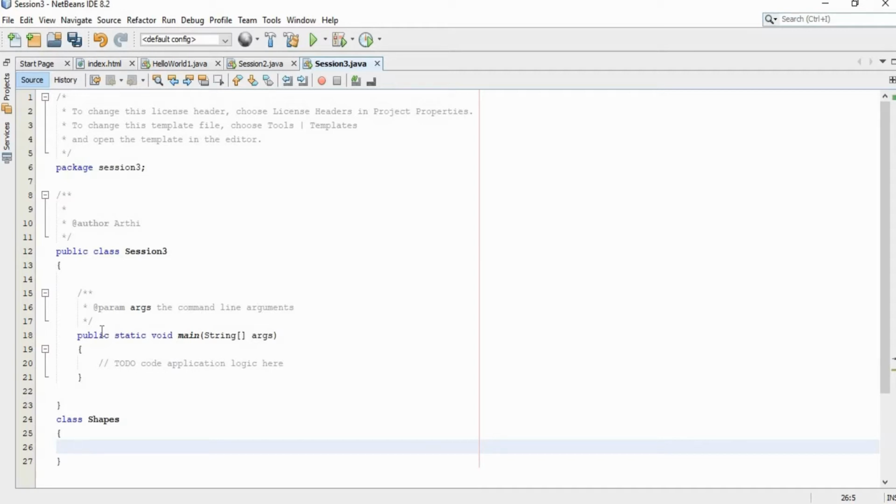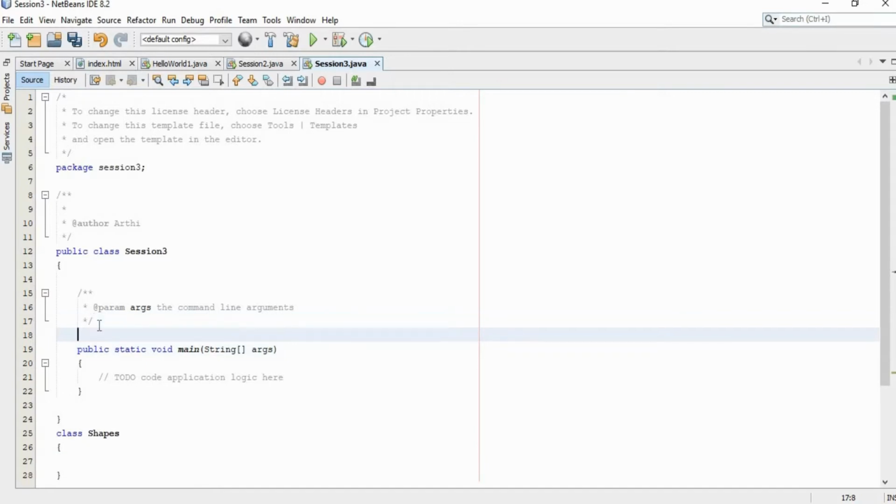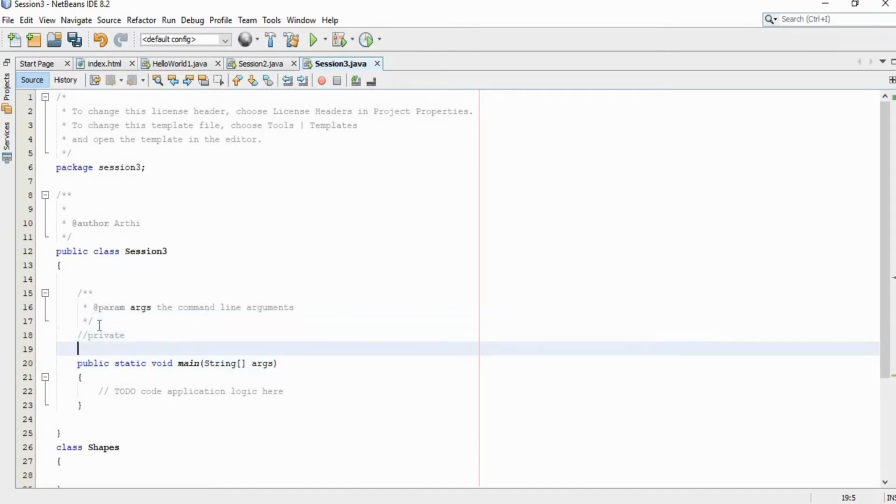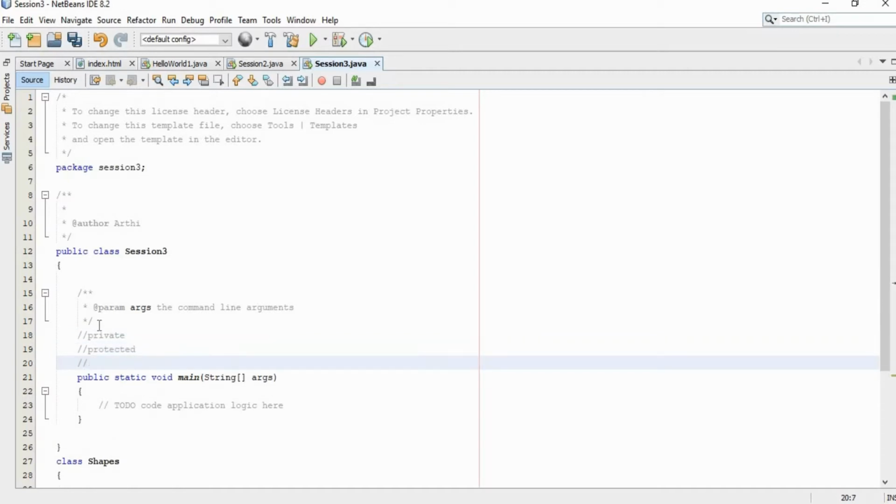We are going to implement encapsulation. To implement encapsulation, we need to learn about access specifiers. There are three basic access specifiers: one is private, another is protected, and another is public. Out of these three, private has some limitations.